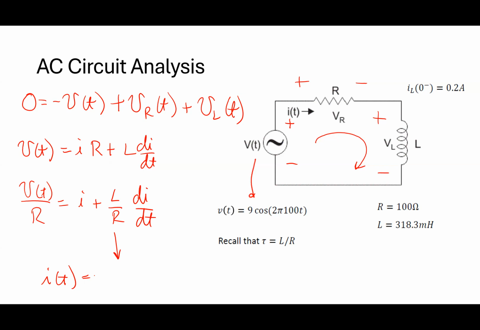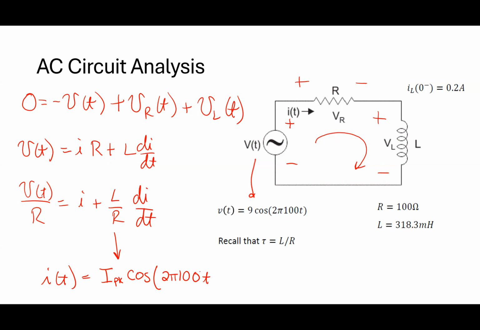I know that my steady state solution is going to be some value, I'll say I peak times cosine what? Same frequency. What do I always know about the steady state solution? It has the same frequency. It looks like the input, it has the same frequency. What can change between the input